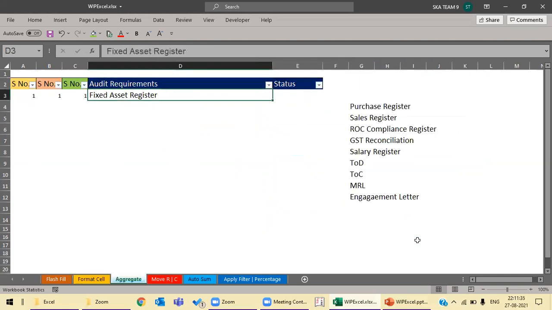Let's come to the third function, the aggregate function. Aggregate is a very vast function, but here we will cover only one option of it, the count function that ignores hidden rows.